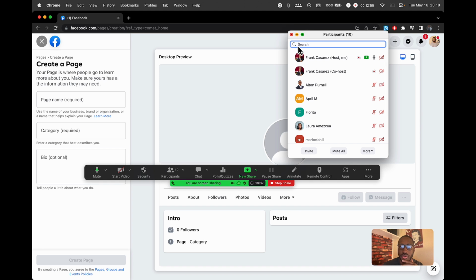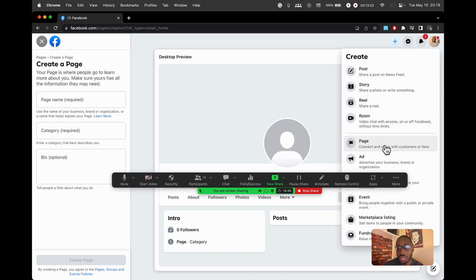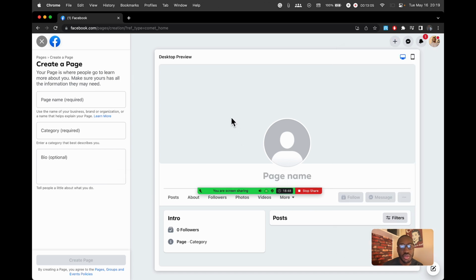All right. Okay. So yeah, this is how we get started in creating our real estate business page. Once you click on that plus like we did and click on page, you'll get to the screen and it'll show you a preview of what your page is looking like as you're building it and setting it up. On the left hand side, this is where we create a name for our page.